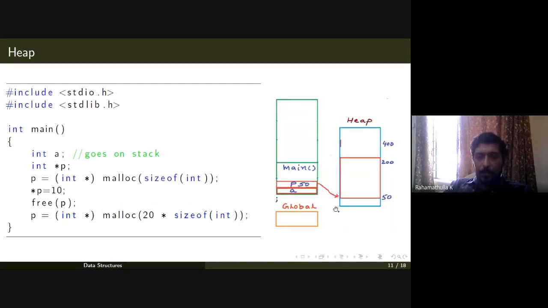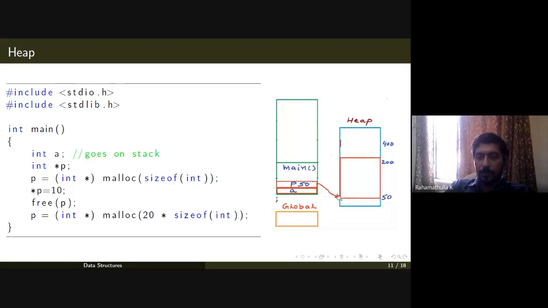Previously we have seen only one integer. If you would like to allocate more space, for example a space for an array of 20 integers, then you can say 20 times size of integer. It means it will allocate space for storing 20 integers. Let's say you have got this as the first byte.